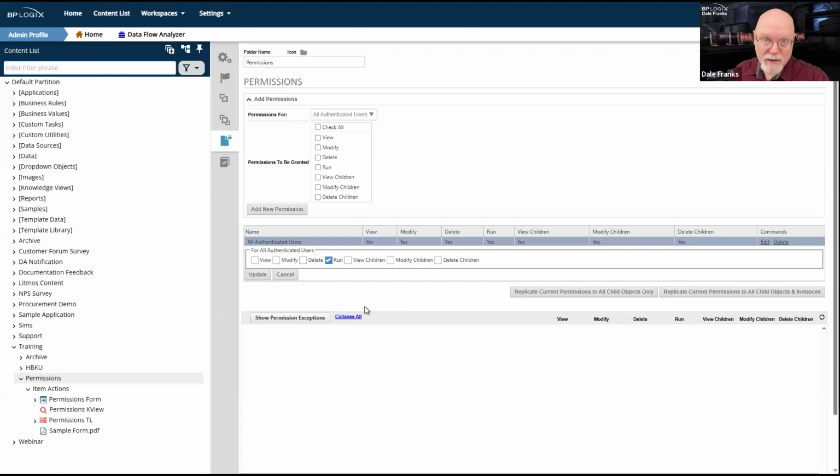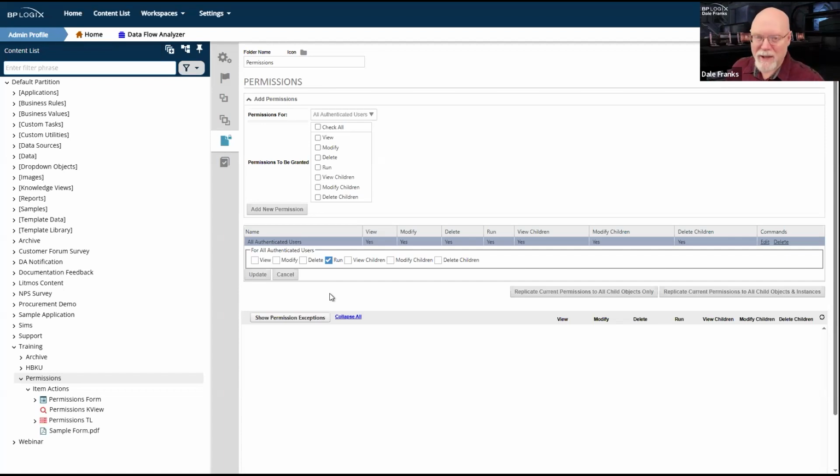Now, obviously, I'm going to have to give other permissions to process participants if I do that, but it may be that on a production system, and forgive me, I can't give you specifics about how you should set up your permission schema on your production server.